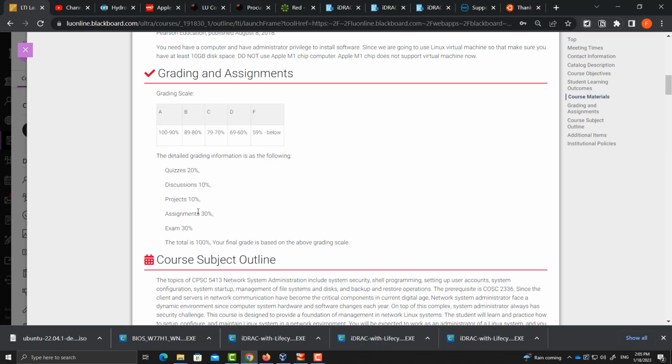For example, I'm going to ask you to set up a web server. You need to search the documentation, follow the procedure to create the web server on your virtual machine, and then submit a screenshot to show you did that and it works. And also you submit your configuration file to show what you did.